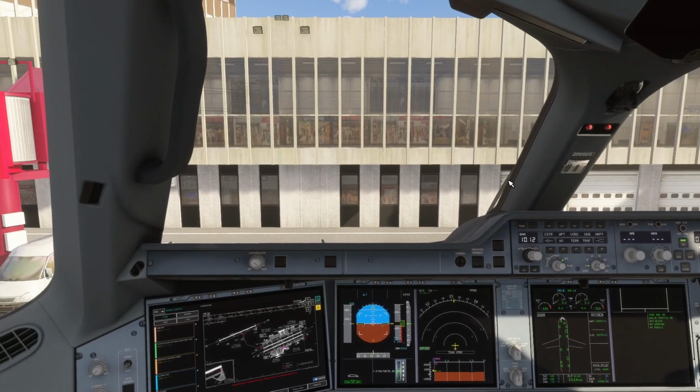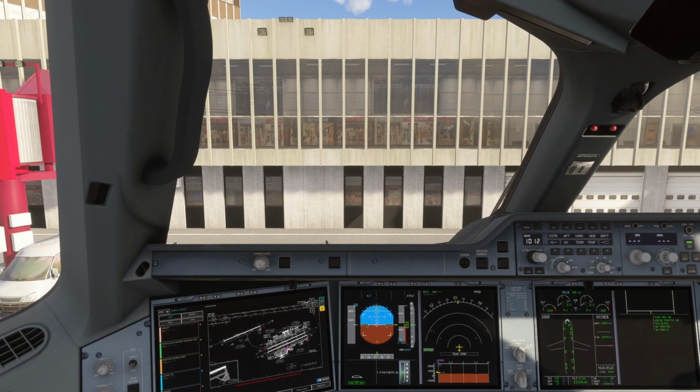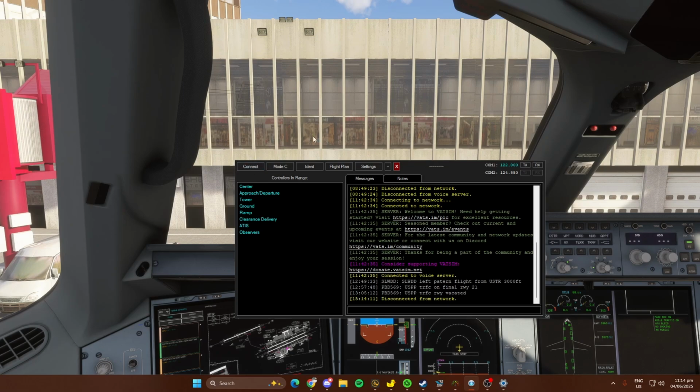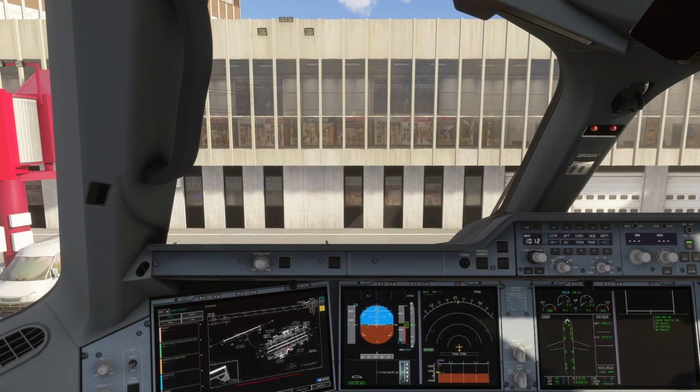Anyways, hope you guys enjoyed that flight. I will disconnect from VPilot so I can do this outro. Hopefully you guys enjoyed that flight from Dandong, China to Sheremetyevo, Moscow. Expect some more of these A350 flights soon, because right now the anxiety and the trauma from those WASM crashes are still there and still trembling in my body. But I'll do my best to push more videos out on the A350.